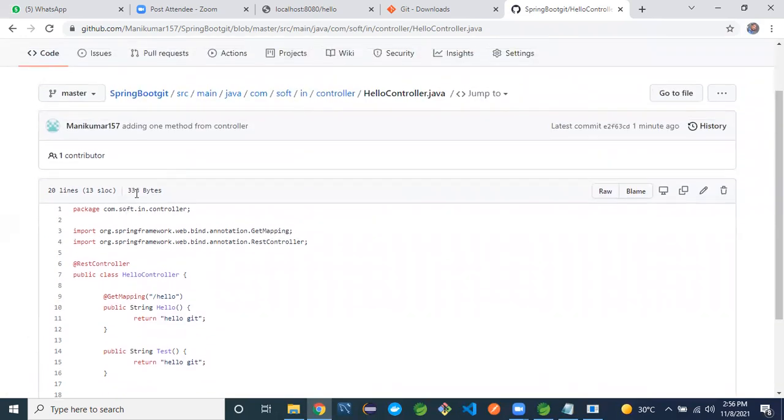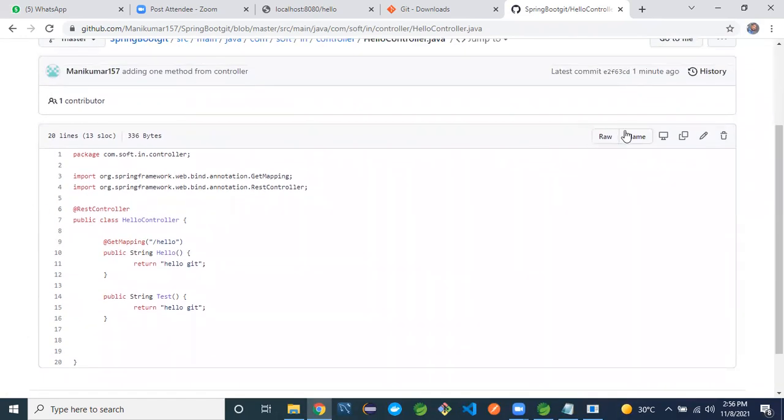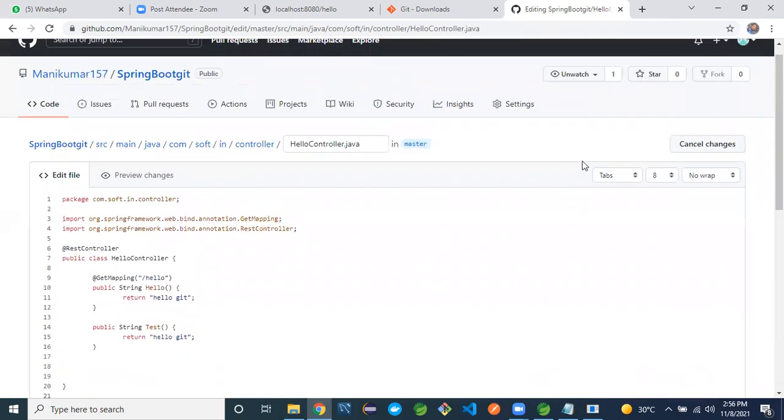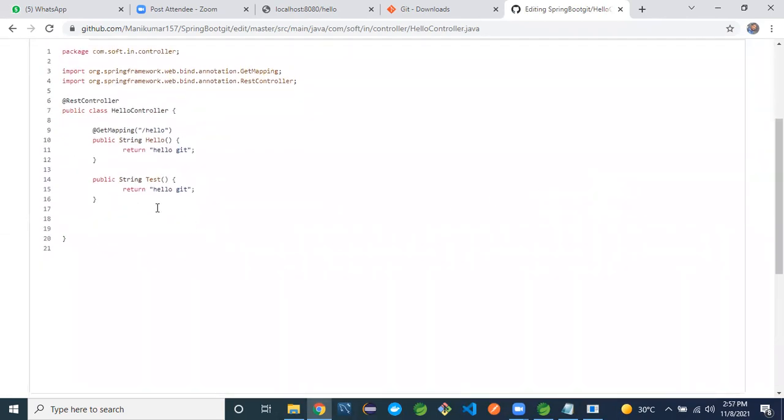Let me see. I will change something here. Go to edit here. I will add one more method here, the M1 method.